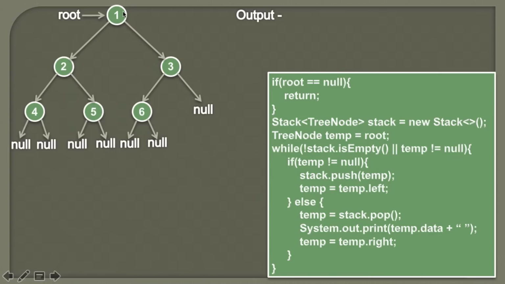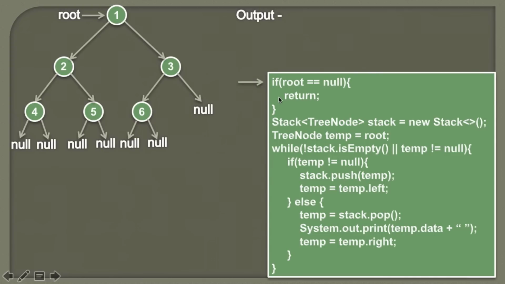Before visiting a node, we put it on the stack and then we go to its left subtree. And this we do for each and every node. Once we visit the left subtree of any node, we pop the element out of the stack, visit that node, and then go to its right subtree. So let's see the demonstration of this algorithm step by step. Let's suppose we are given a binary tree having 6 nodes where root is pointing to the node 1. Let's apply this algorithm over this binary tree and see how we can traverse each and every node using the in-order tree traversal.